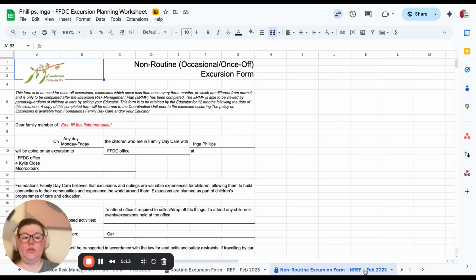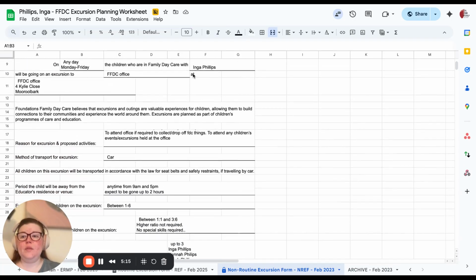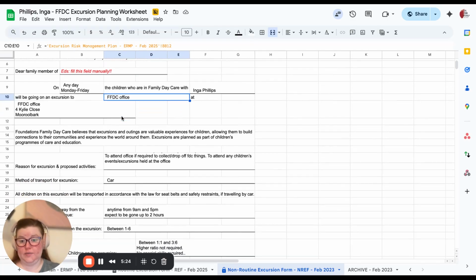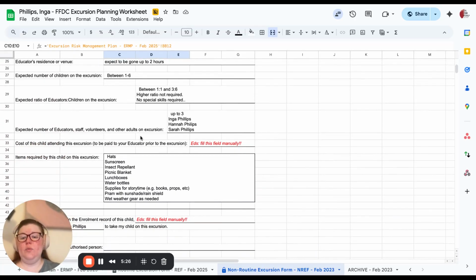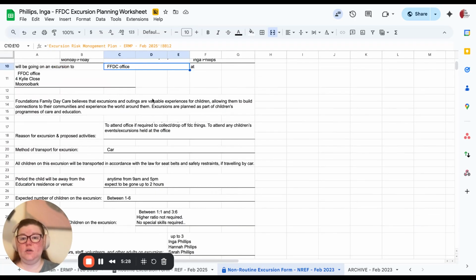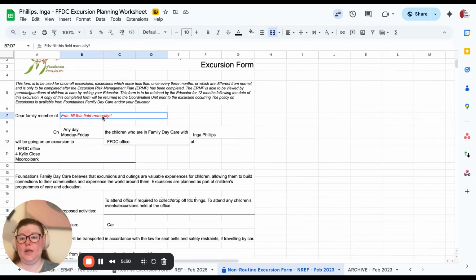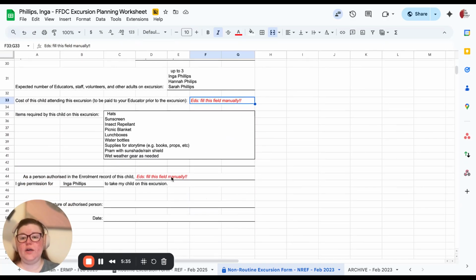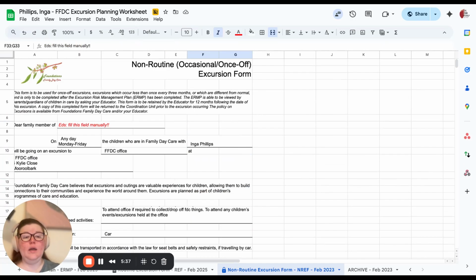If we come across to our non-routine excursion form, you can see here that that has filled in the Foundation's Family Daycare office. So again, this form pre-fills. It is also locked. The only places the educator needs to type on this form are red, and it specifies that they need to fill those fields manually. Again, saves heaps and heaps of time, makes planning excursions so much more simple and so much less time consuming,